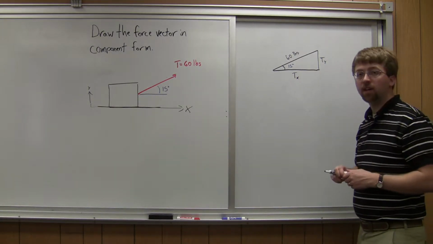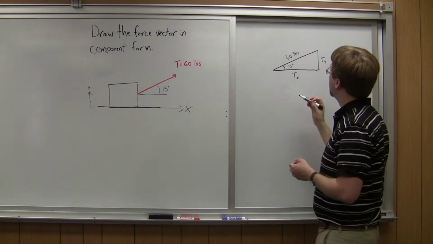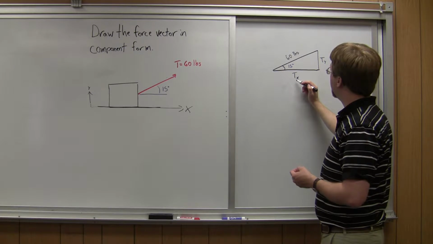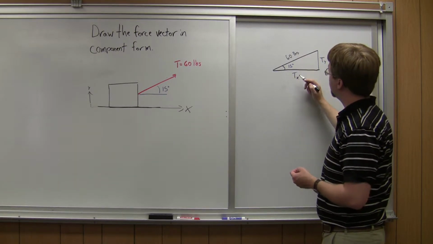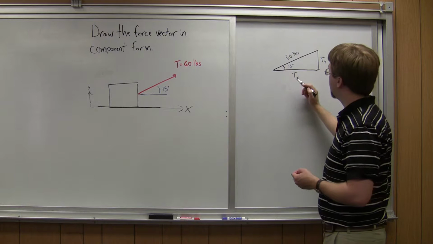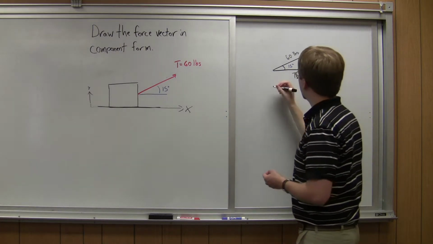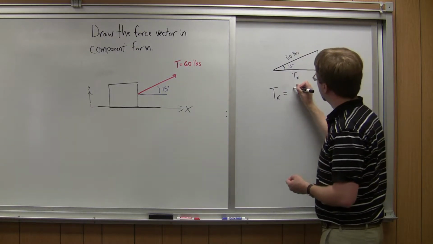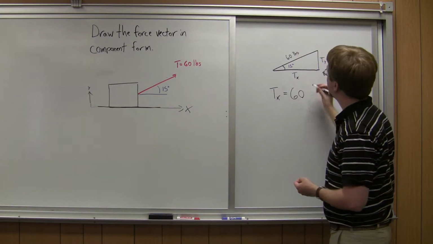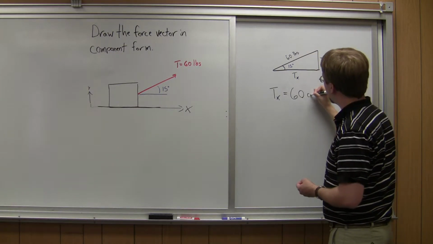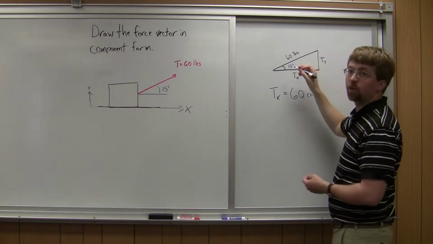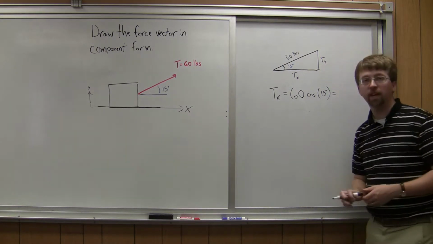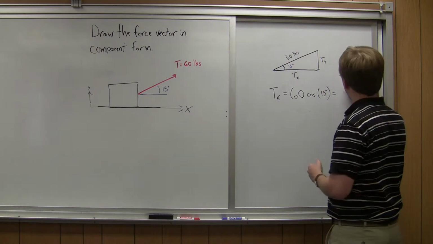So now that I have this, I simply use some trig identities. I know that t sub x is going to be the adjacent. If I do cosine of 15 degrees, that's going to be adjacent over hypotenuse. So t sub x is simply going to be 60 pounds, or the hypotenuse, times the cosine of my angle, 15 degrees. And that ends up being approximately 58.0